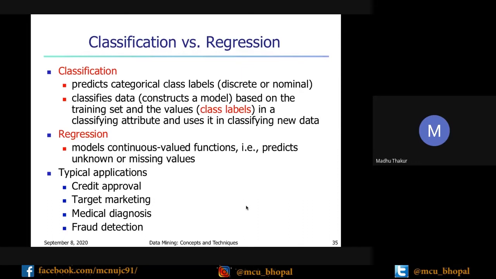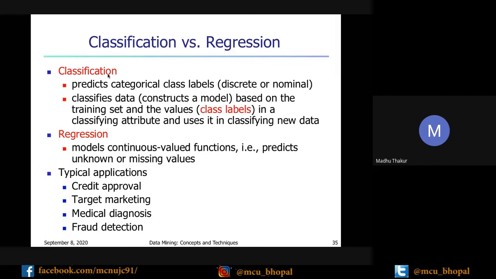It will help you for classifying your data, based on a model that can be trained on given class label data. Once you train the model, then you can test this model, or use it to find the class of unknown objects. In general, this predicts the category class labels. For numerical or continuous values, you can use regression. But if you predict the categorical class label, then you can use classification. The value may be discrete or nominal.